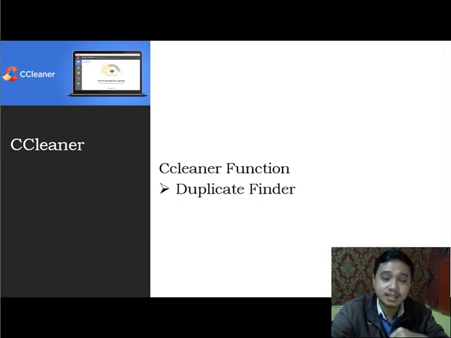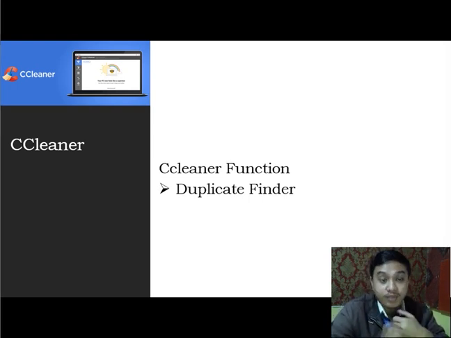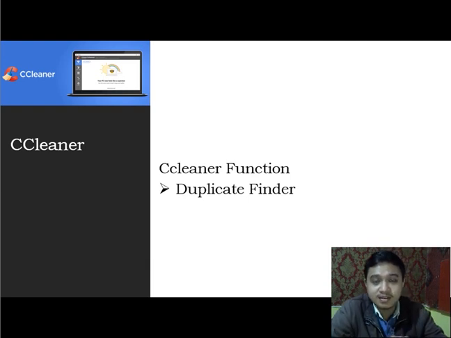And then the next function of CCleaner is Duplicate Finder. Duplicate Finder is for when you feel like you accidentally copied the same set of files twice. Maybe you have the same movie stored in two folders, or you have multiples of the same photo stored in your photo library.